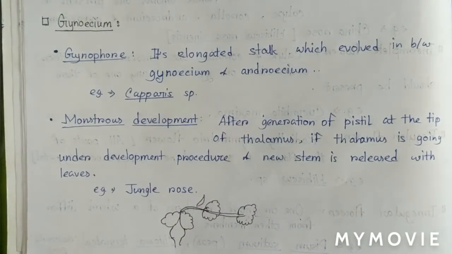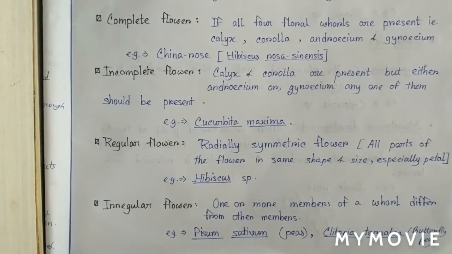From now on, we discuss calyx, corolla, androecium, gynoecium, meaning the four major parts of flowers. Now we have to define the different types of flowers. Which are they? Till now, we discussed the typical flower. Complete flower is the same as typical flower. The example of typical flower is generally China rose or Hibiscus rosa-sinensis.